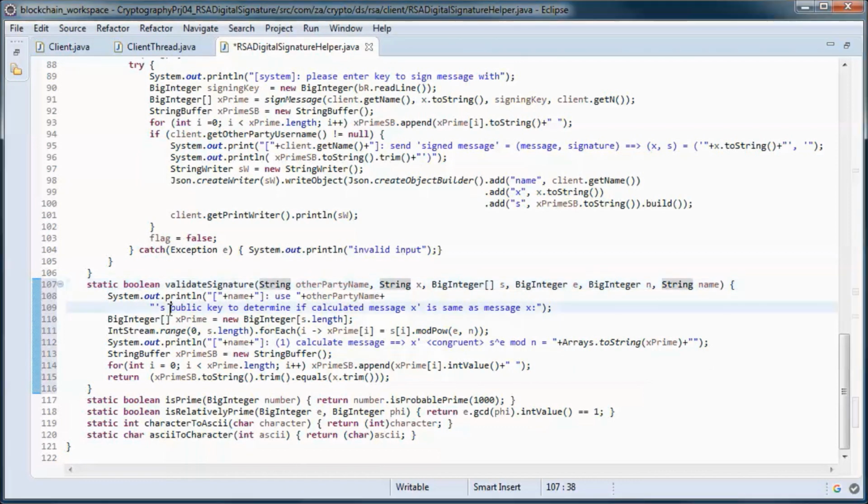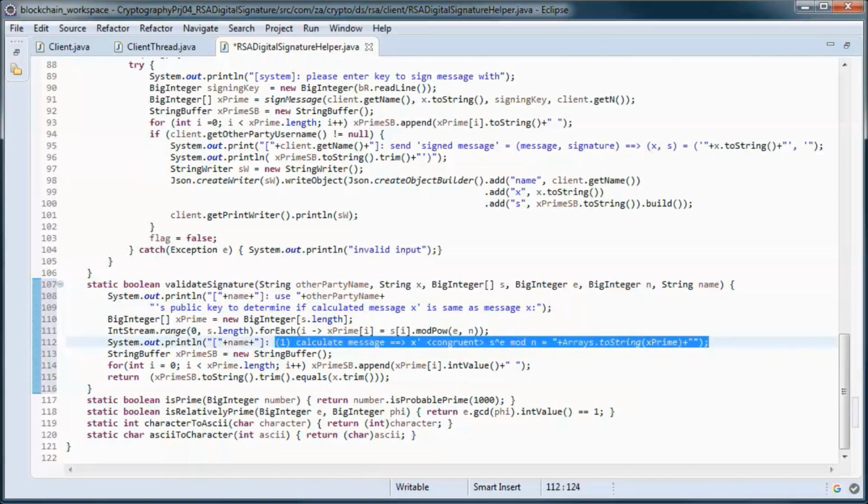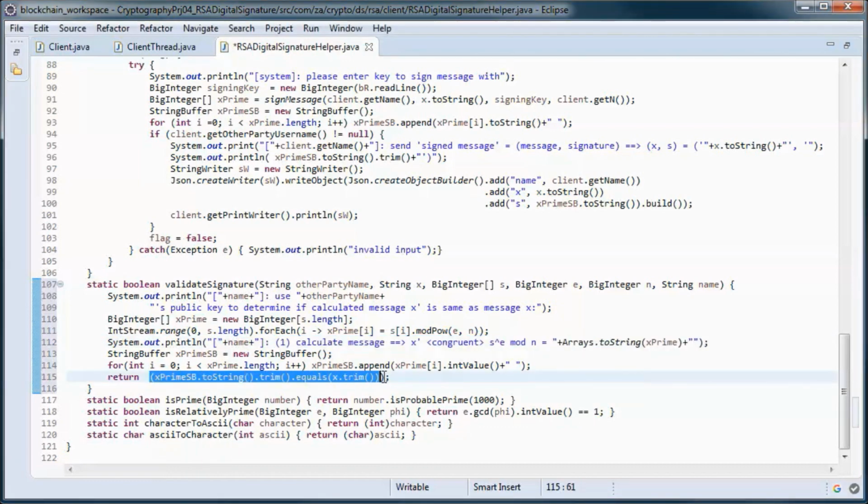So we use the public key of the other client to determine if the calculated message x prime is the same as the message x. And here we calculate x prime and compare it to x.